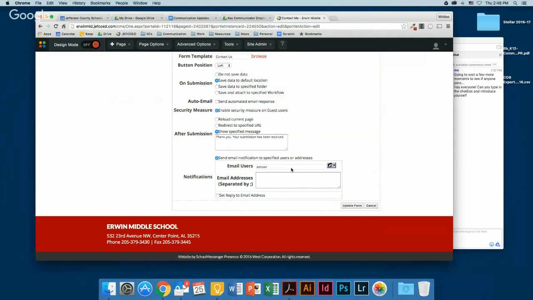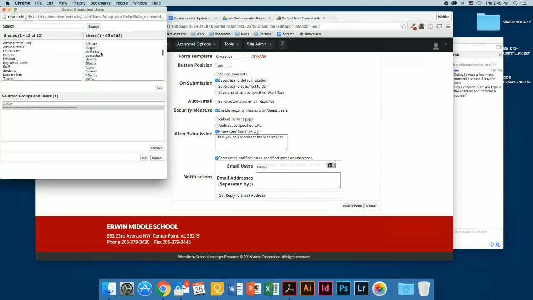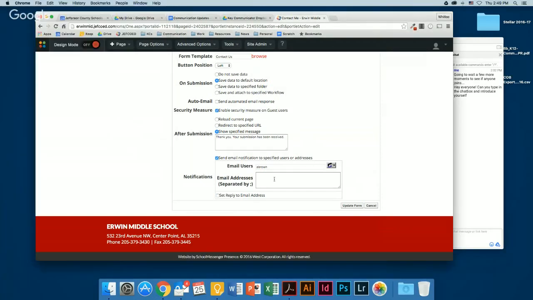Okay, so right here, let's say that this didn't say the correct teacher. All we would need to do is click on this and search for the correct person to send it to. Over here, you just click add. It will replace them. Also, if teachers have another email address, like if they also wanted to use their @JCBOE email, they could do that here. Or if they wanted to add another teacher, maybe a teacher that helps them or the principal, for whatever reason, you could add other email addresses here.